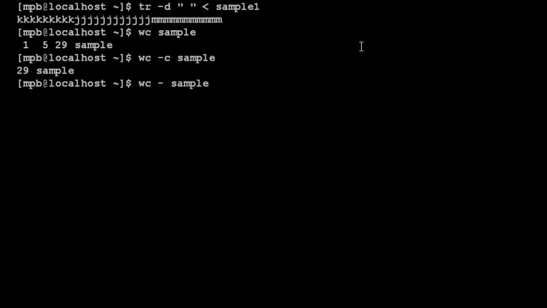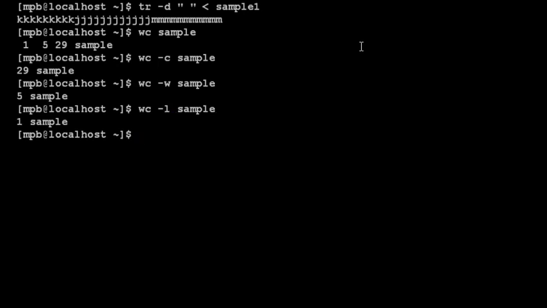If you use -w, then this is number of words, and if you use -l for line, this is for line. So c is for character, w is for words, and l is for line. So this is the use of wc command, which is used to count number of things in the file.